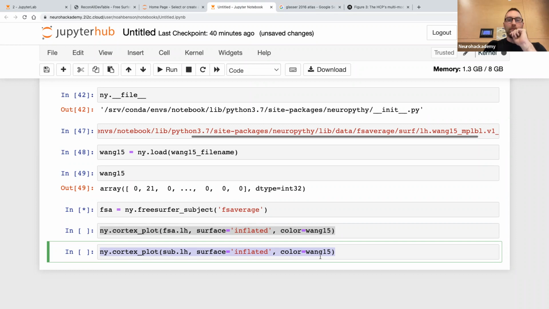So most likely it's going to give us an error because the number of vertices in this vector doesn't match the number of vertices on this subject's cortical surface. This vector is for the FS average surface, so it's got one value per vertex on the FS average surface, but two subjects aren't going to have the same number of vertices. It's just that every surface within one subject will have the same number of vertices. So additionally, vertex 1 in one subject is not going to have anything to do with vertex 1 in another